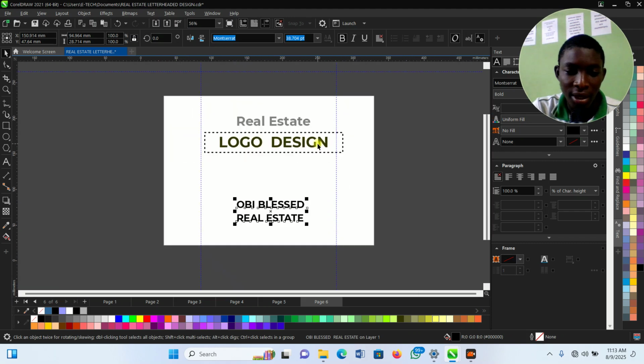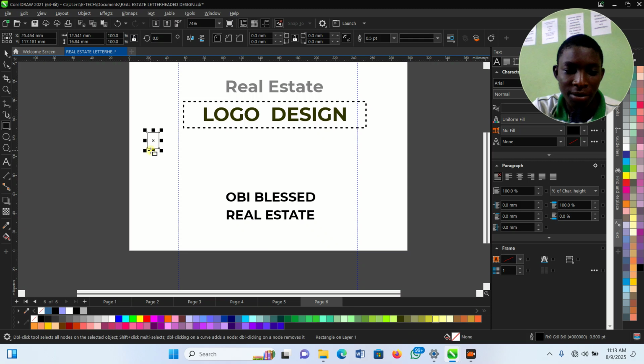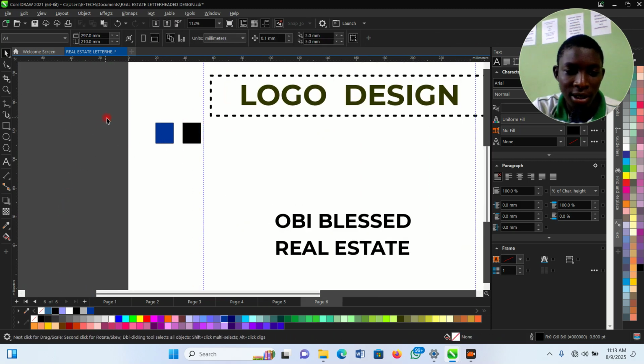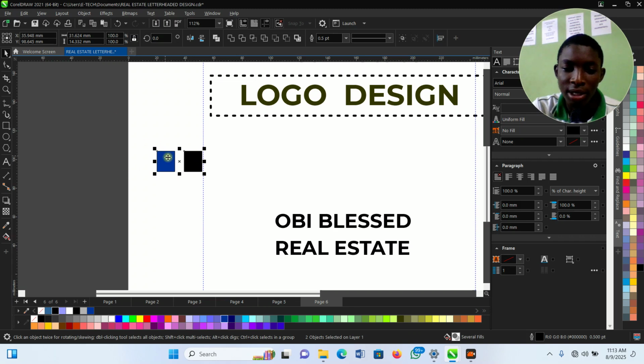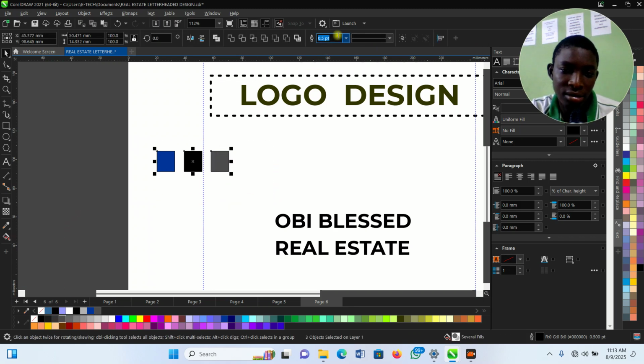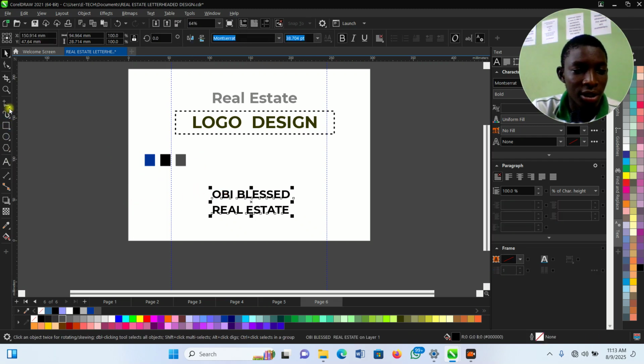And this real estate company, let's say we have a brand color. They give us a brand color. Let's say using this navy blue, and as well they pick a color black. So these will be their brand colors, and a touch of, let's say, a gray. Let's assume these are the brand colors of the company. So now, in designing this, we'll go to